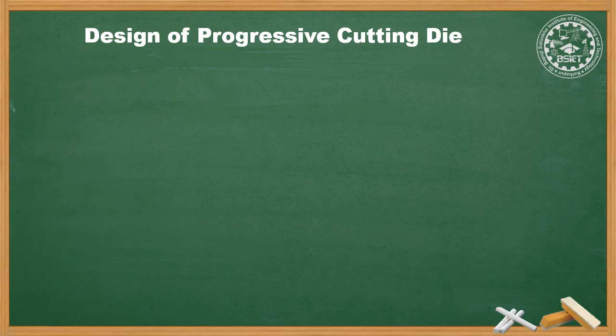curling and heading also. The selection of any multi-operation tool such as a progressive die is justified by the principle that a number of operations are achieved with one handling of stock, the produced part is more accurate, and the productivity of the part also increases. So here are some important points needed while designing a progressive cutting die. Number 1, sketch the component. The required component is first drawn as per standard drawing and studied with details of the operations to be performed, such as piercing, blanking, shearing, etc.